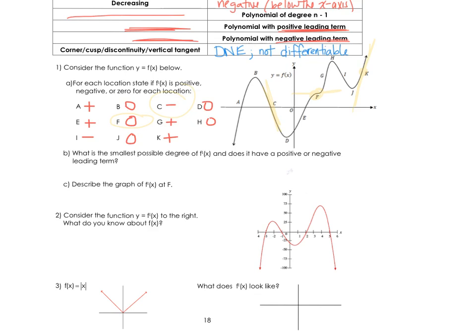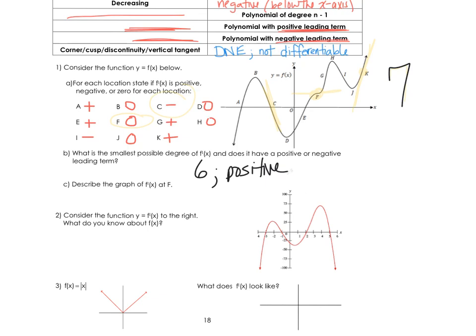Does it have a positive or negative leading term? So if this picture given is f of x, then this guy would have a degree of 1, 2, 3, 4, 5, 6. So it's got to be at least a degree of 6, but then it's got to be at least a degree of 7 because it's odd. So if this guy has to be at least a degree of 7, then the degree of f of x, the smallest possible degree would be 6. Okay? And it would have to be positive